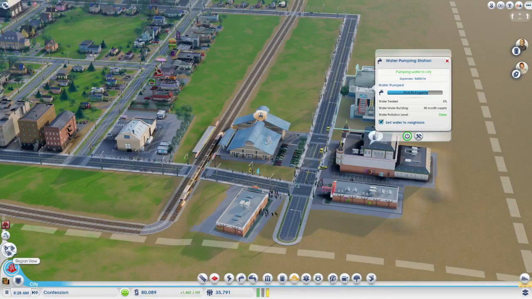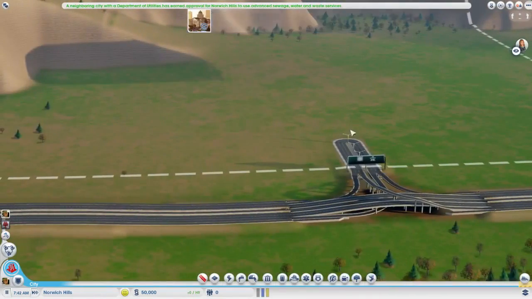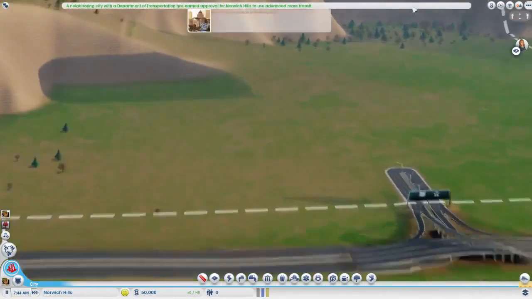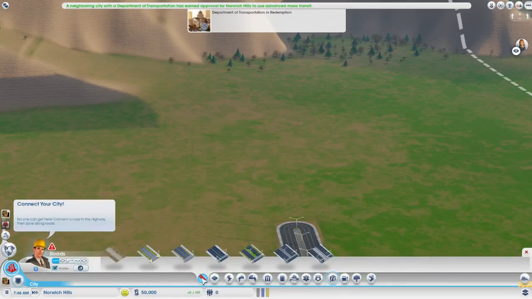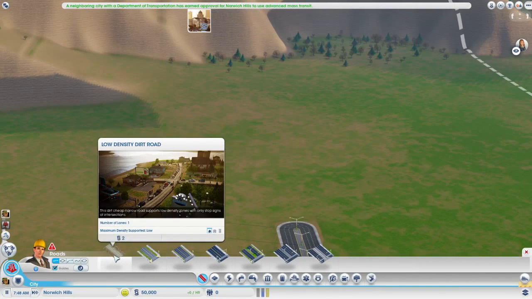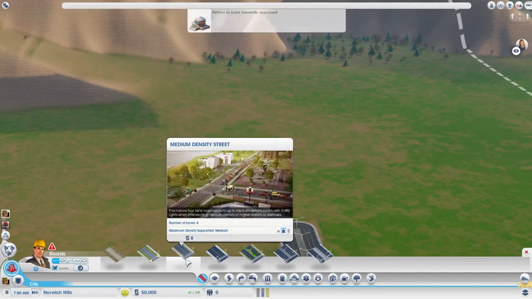So we're going to go to the region view, and I'm going to start Norwich Hills. Okay, so starting from scratch. This is the highway for the region, and you always want to start by creating something that connects your city to the highway region. Now, I'm going to show low density dirt roads, low density street, medium density street, and